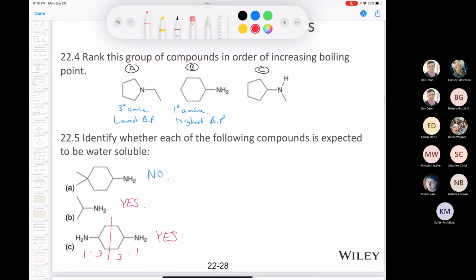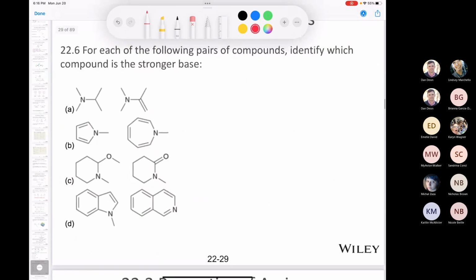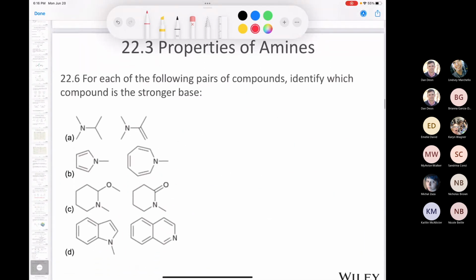I find that students usually do really well in these questions. So let's move on to something that I think is a little more complex. It just says here, for each of the following pairs of compounds, identify which is a stronger base. So we're looking for the stronger base. What is the stronger base going to mean? It means lone pairs